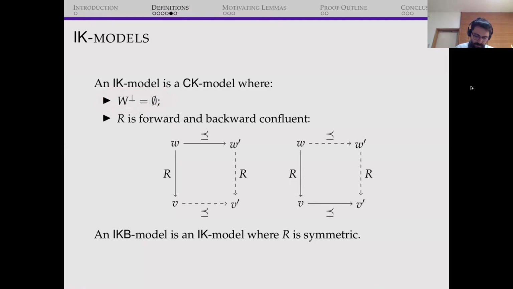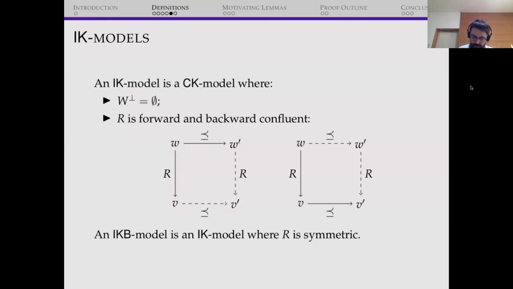So the first one is forward and the other is backward confluence. Don't care much about the names. Just think about confluence. It will not matter much in this talk if you're not used to these things. The first one says that if you can go somewhere modally and can go somewhere intuitionistically, you can get one confluence point. So if these two things hold, then there's a point where from here you can access intuitionistically and from here you can access modally.